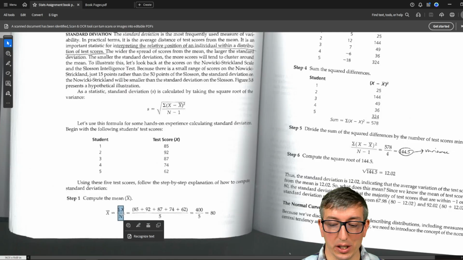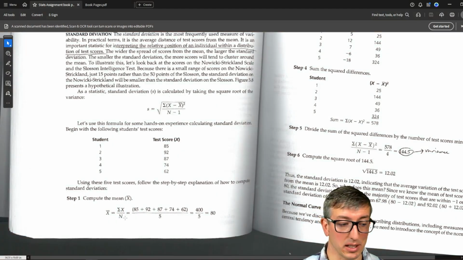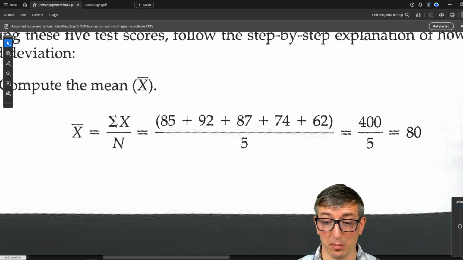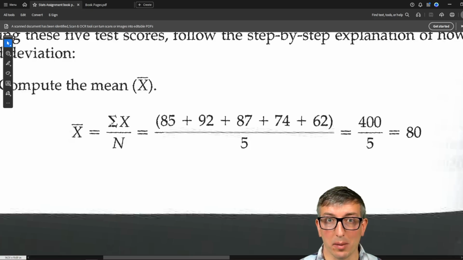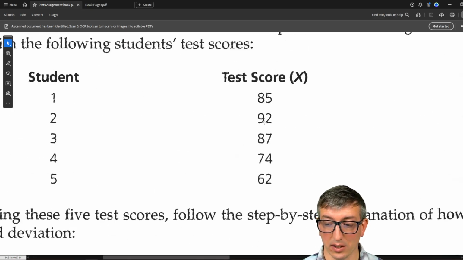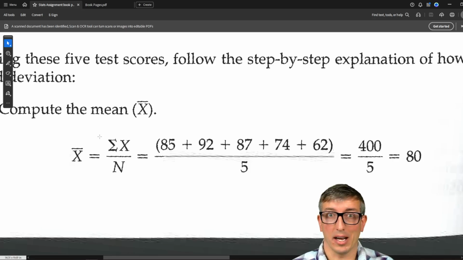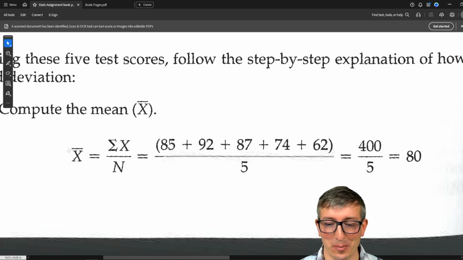And then you look at this math equation. This equation essentially means, if you sum up, that's that little backwards E looking thing, or that's a forwards E, but you know what I mean. Sum all of the individual X scores, which is essentially all of these. So add them all together and then divide them by the number of scores. That's the N. That's average. So it looks weird. And if you've never seen this before, you're like, why do I have to do it a different way? Good question. I have no idea, but they do. That's what that means. So this line over the X means average.